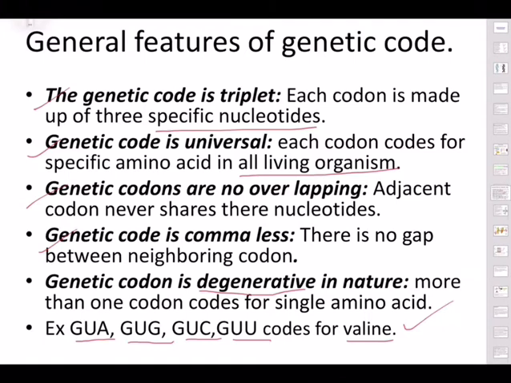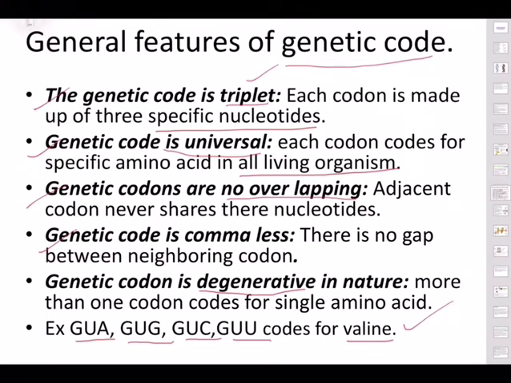form of code language. And the general features yesterday we said is that genetic code is triplet, like we said AUG. So 3 nitrogen bases will be forming a triplet code, and genetic code is universal. It is for all living organisms. Same codon codes for specific amino acid. Like when we said AUG, we said MET, methionine, and genetic codons are not overlapping. They don't overlap with each other.